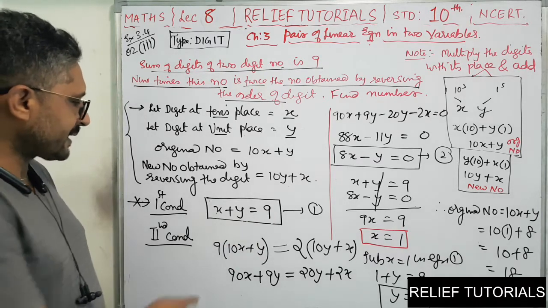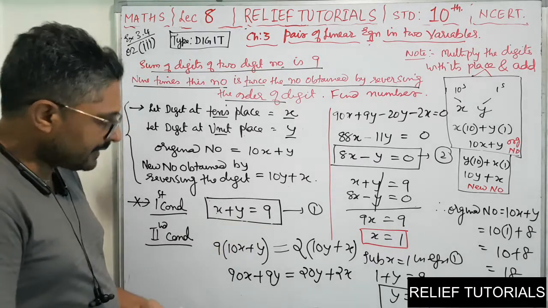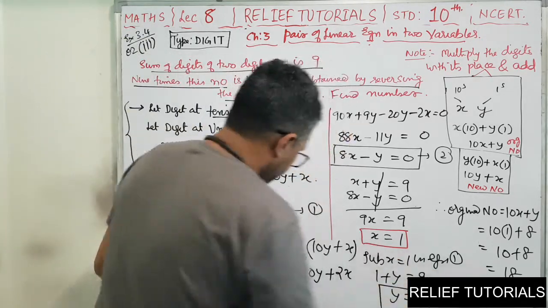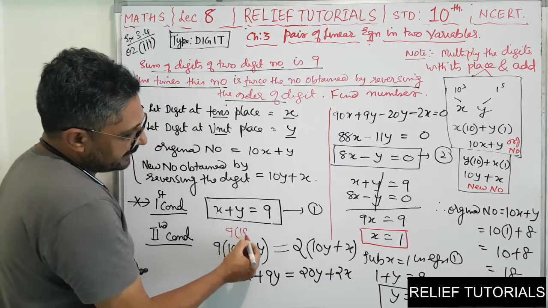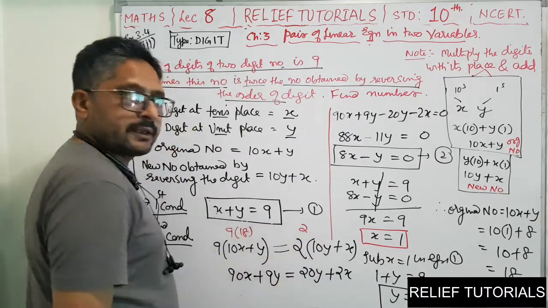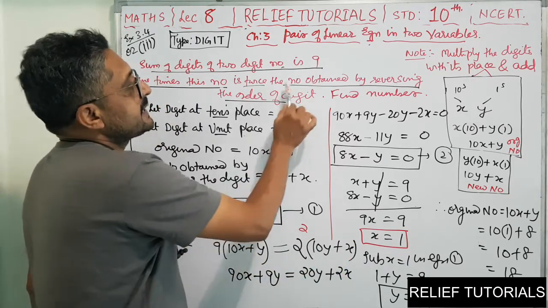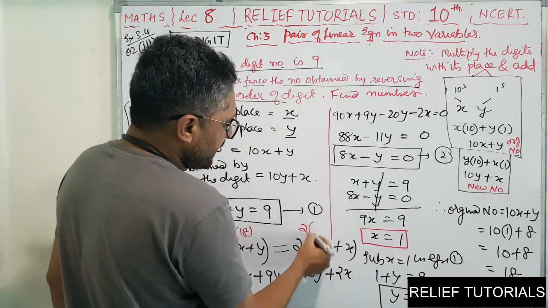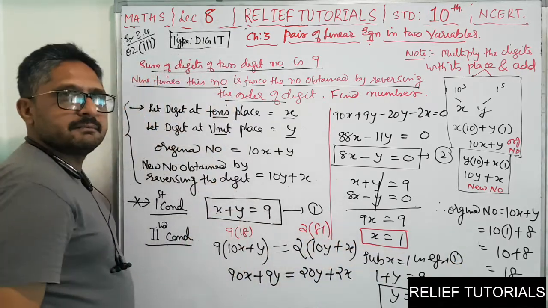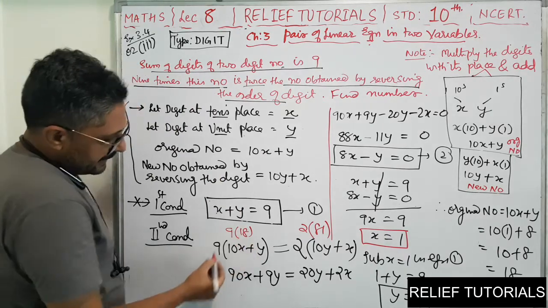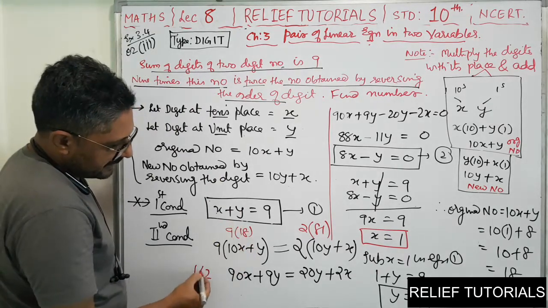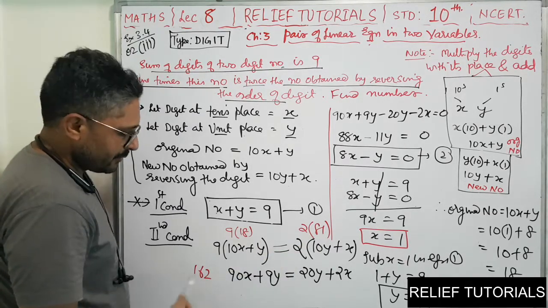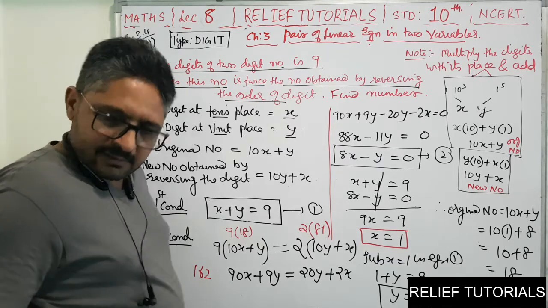Now if you want to check the answer, you can check. See here, just a minute, try to verify the conditions. This is the original number and our original number is 18. So 9 times 18 is equal to 2 into the number obtained by reversing the order of digits. What will be the number obtained by reversing the digits of 18? That will be 81. These two should be equal. 9 8s are 72, 2 carries 7, 1 is 9, 162. And here 81 2s are 162. So both are equal. Have you got it? So this is verification.